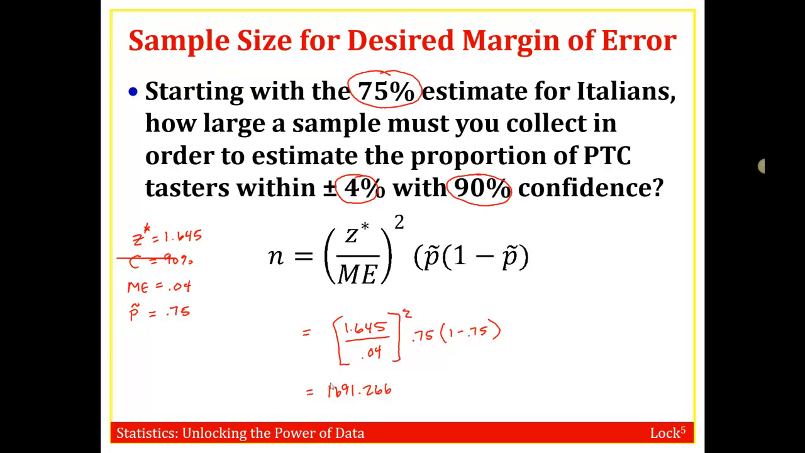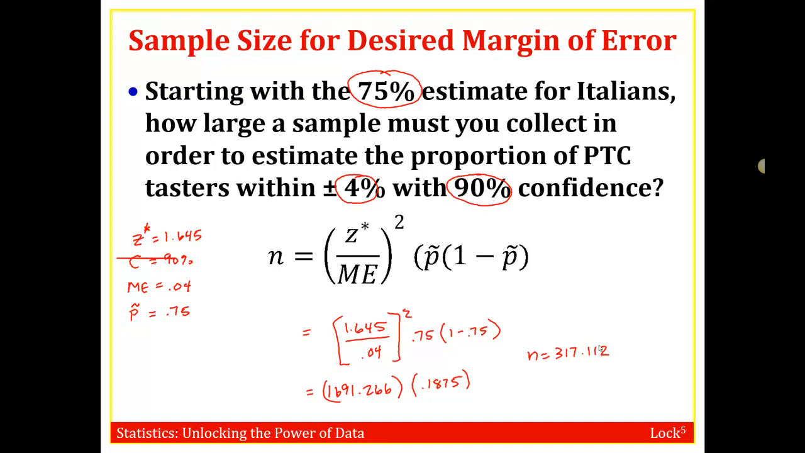All right, then I'm going to take 0.75 times 1 minus 0.75, so 0.75 times 0.25, which gives me 0.1875. Now I'm just going to multiply these two values together, and that gives me 317.112. So we're not going to just sample like a part of a person, like maybe just their leg below